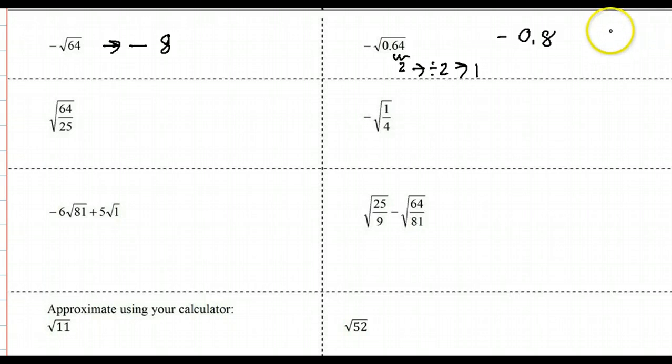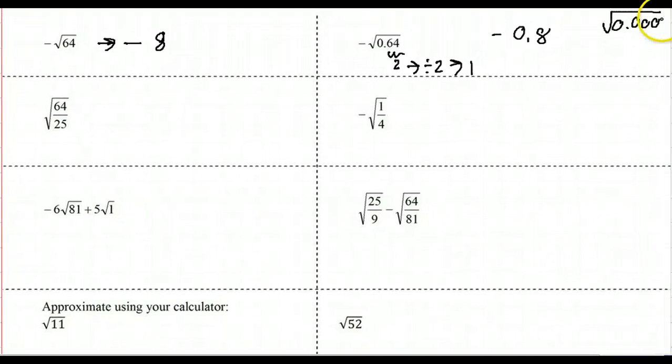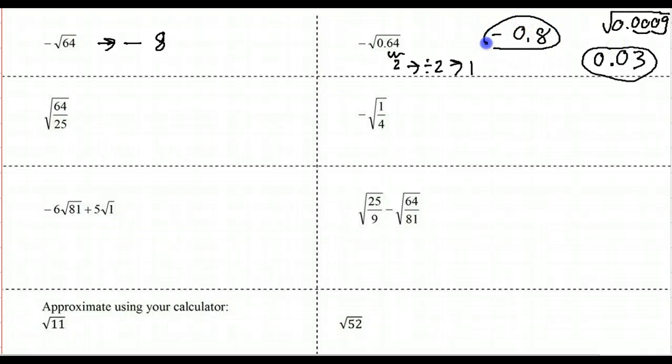That's it. So if we had this 0.0009, there are 4 decimals, so that means what's the square root of 9? 3. And since we had 4 decimals, the answer is going to get 2. And that's it. So if you have a decimal inside of a radical, you split the number of decimals and give that to the answer. If you have a fraction, you're allowed to split it,